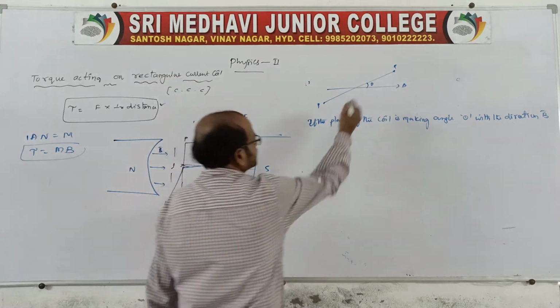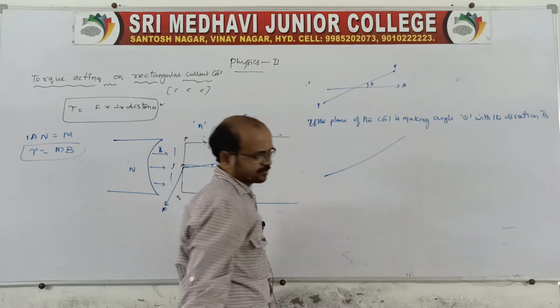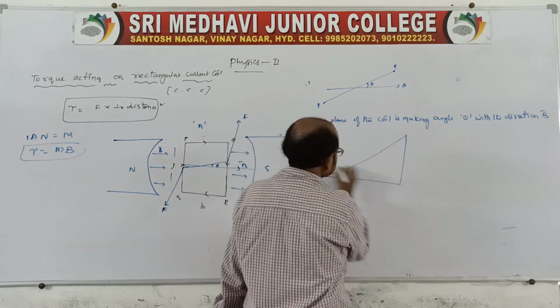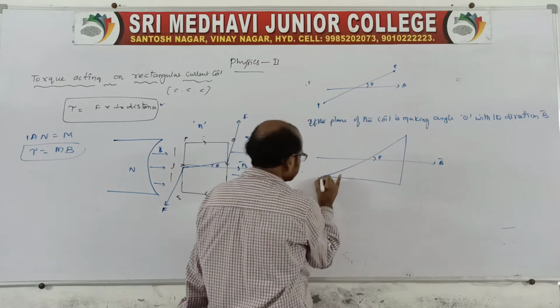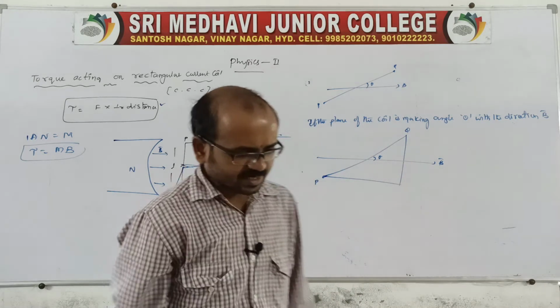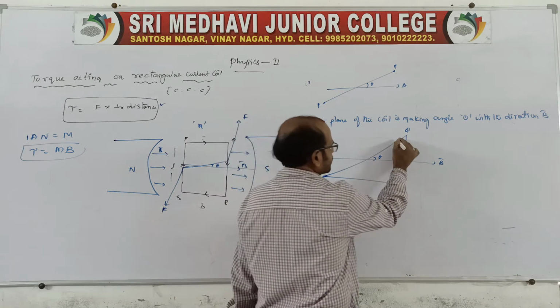Therefore you draw a diagram by using this, because this coil is displaced like this. Now I am taking this triangle, like a right-angled triangle, with the magnetic induction making an angle theta. So you say P and Q. See, of course it is theta, no? Therefore this will be theta and this will be 90 minus theta.